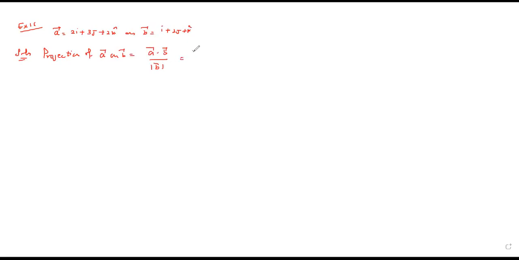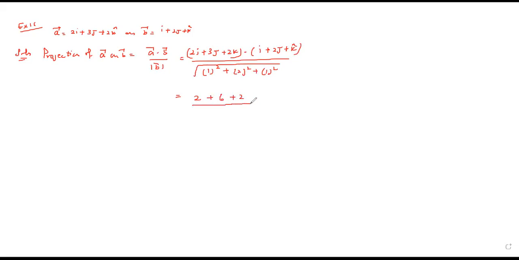So A dot B means substituting the values, 2i plus 3j plus 2k dot i plus 2j plus k, divided by magnitude of B. This is under root of 1 square plus 2 square plus 1 square, which is equal to (2 plus 6 plus 2) upon under root of (1 plus 4 plus 1),